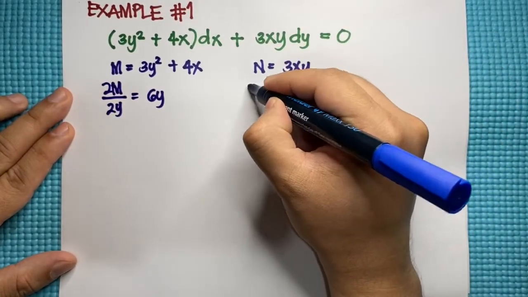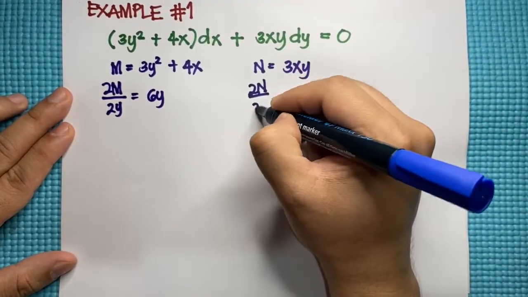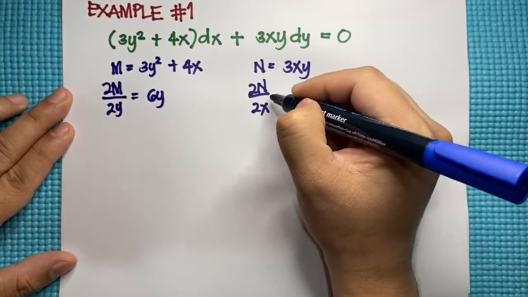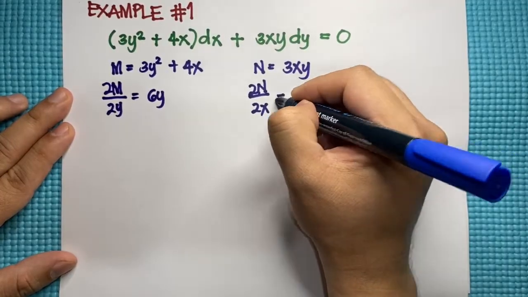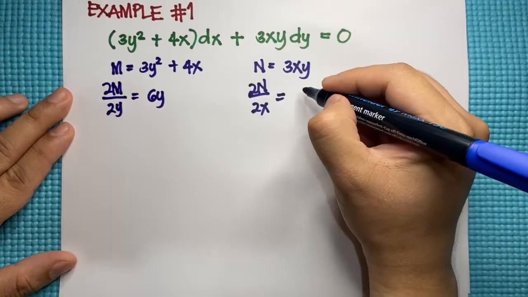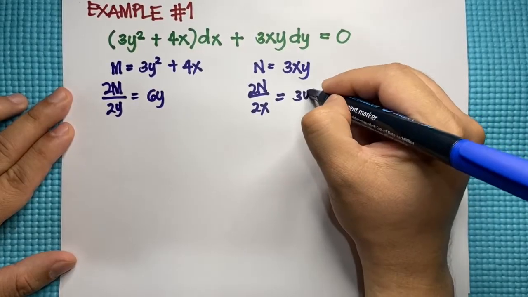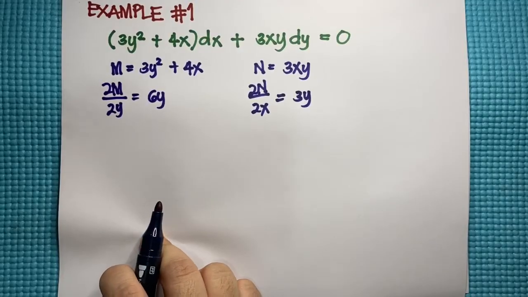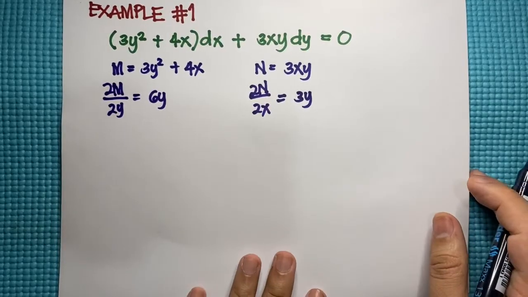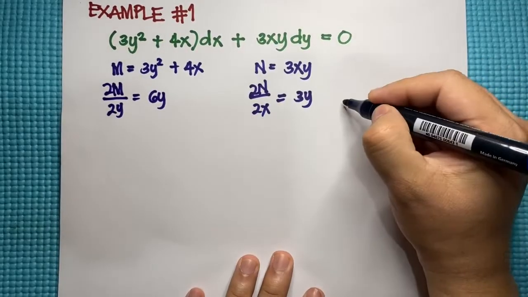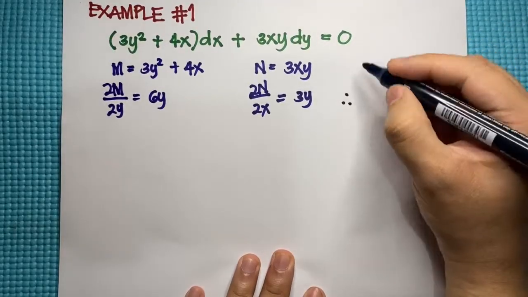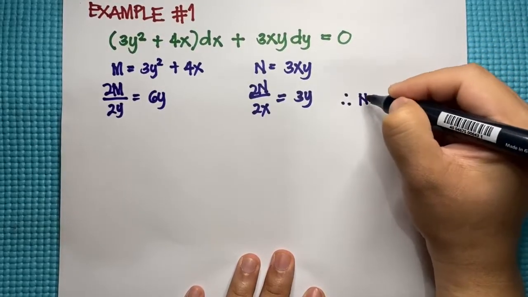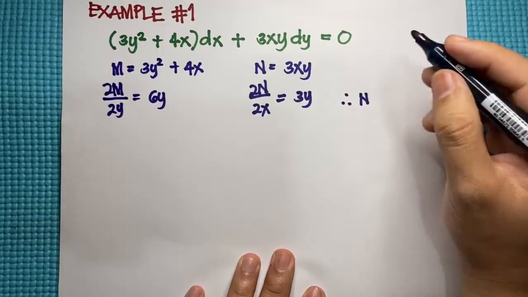On the other hand, the partial derivative of N with respect to x will be equivalent to 3y. So we can see that 6y is definitely not equal to 3y. Therefore, this is a non-exact